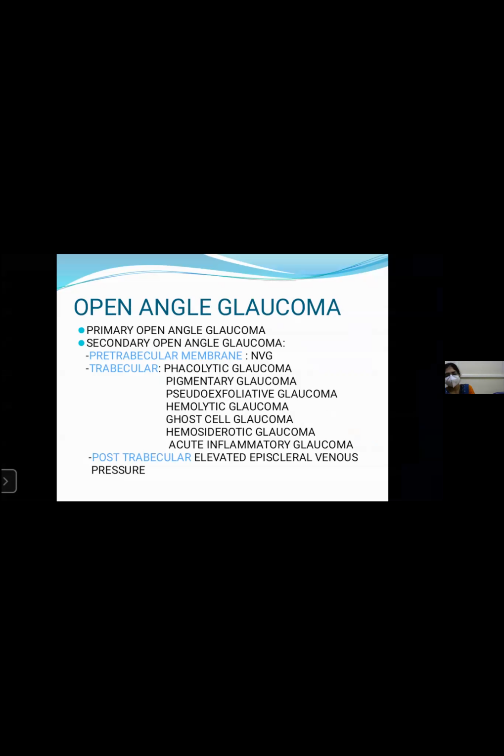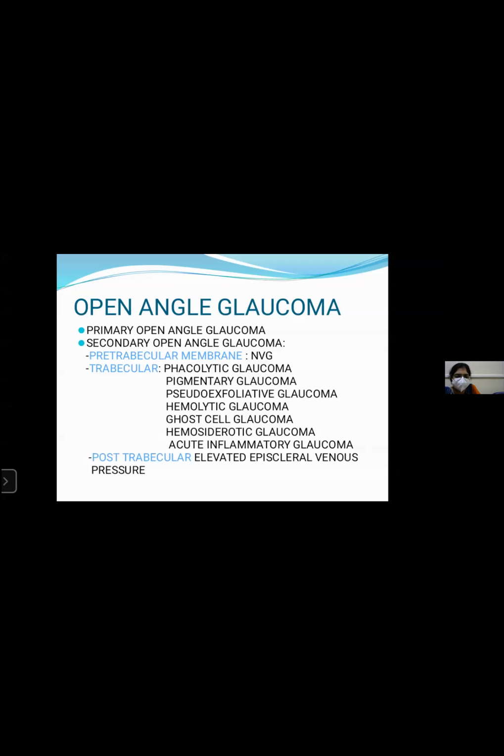We have three stages. The first is the preglaucomatous, and the second is an open angle glaucoma due to the formation of a trabecular neovascular membrane. And in the trabecular meshwork, there will be clogging which will block the trabecular meshwork. In that there will be phacolytic glaucoma, which is a lens-induced glaucoma. The angle trabecular meshwork is blocked by the lens proteins and the macrophages, and the pigmentary glaucoma, where the clogging